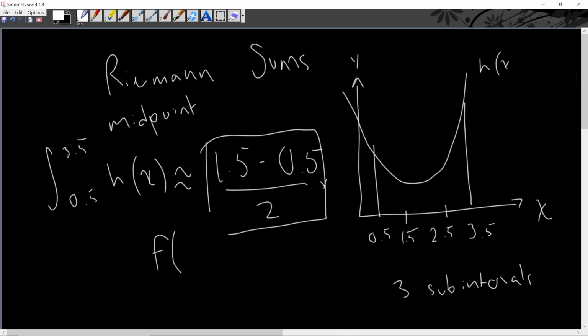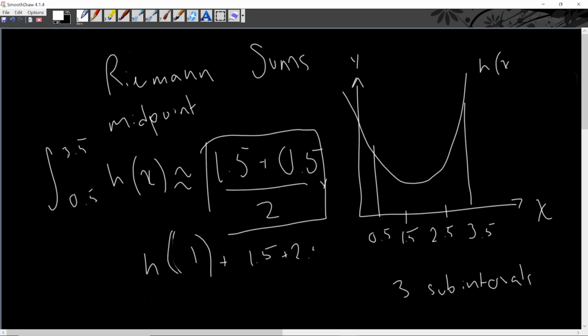So let's just do that in our head. We know that 1.5 plus 0.5 is 2, over 2 is 1, so we're going to do h of 1, excuse me. We have h of 1, and then plus we have to do 1.5